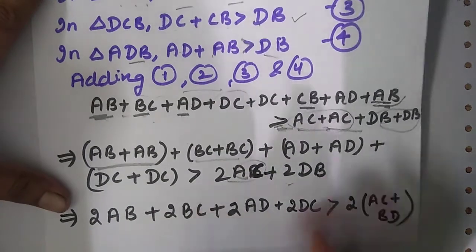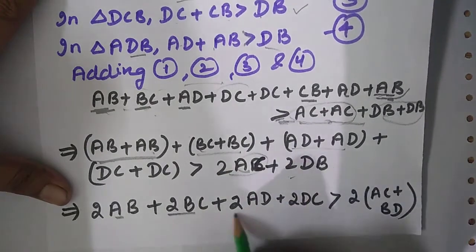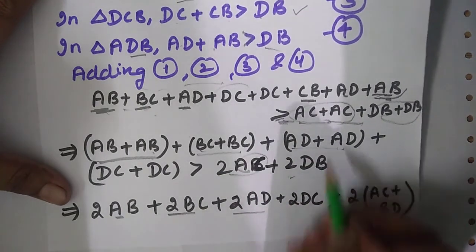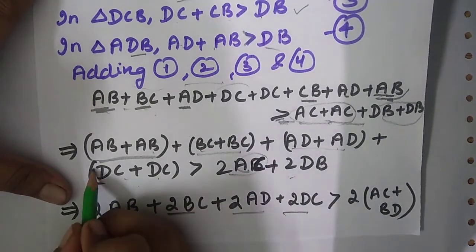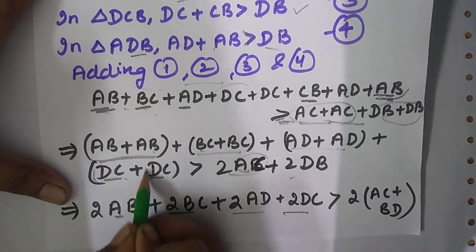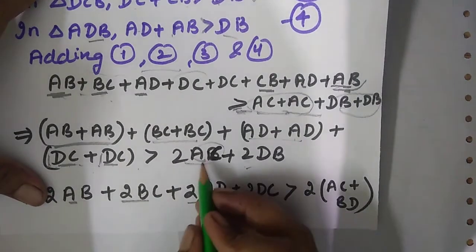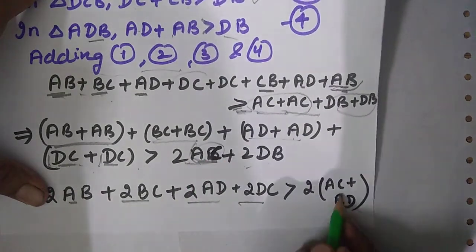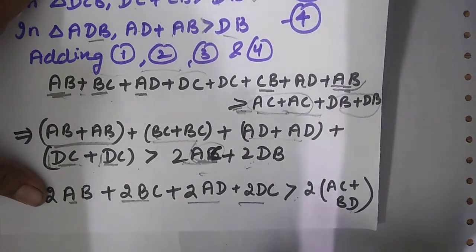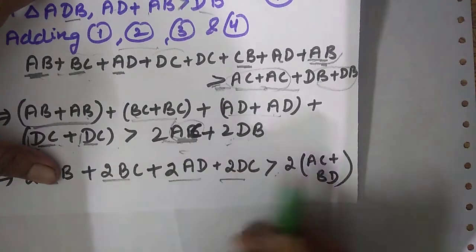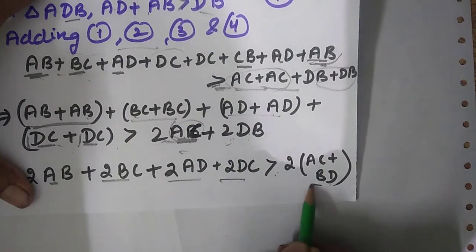Okay, now on adding, AB plus AB is 2AB, BC plus BC is 2BC, AD plus AD 2AD and DC plus DC, okay, 2DC, because we are adding, they are like terms. So here it is 1 DC plus 1 DC, that is 2 DC. Again here 2 I have taken common, so it will be AC plus DB. I have taken 2 outside. Here I have applied distributive law. Okay, and this AC plus BD, these two sides must be inside the bracket.